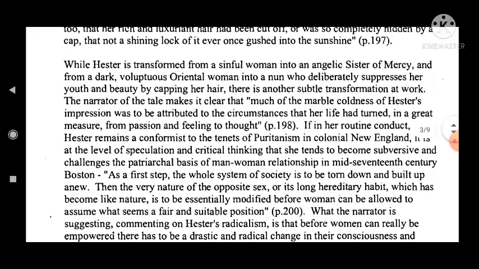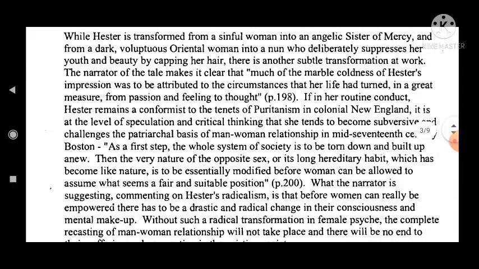While Hester is transformed from a sinful woman into an angelic sister of mercy, and from a dark, voluptuous oriental woman into a nun who deliberately suppresses her youth and beauty by capping her hair, there is another subtle transformation at work. The narrator of the tale makes it clear that much of the marble coldness of Hester's